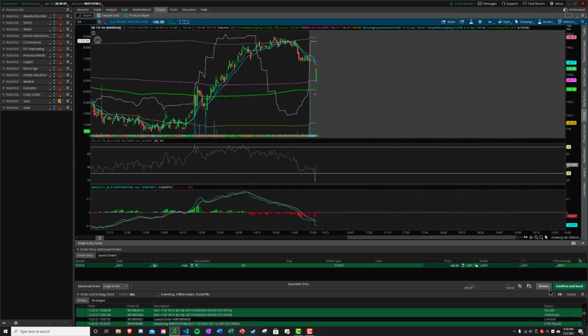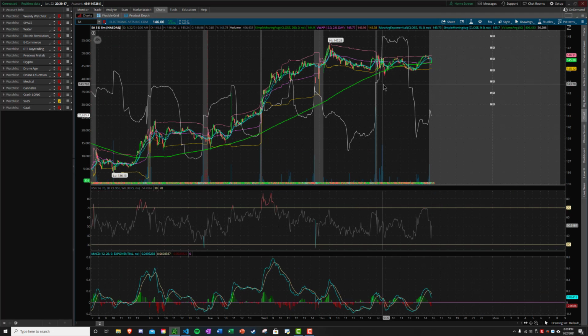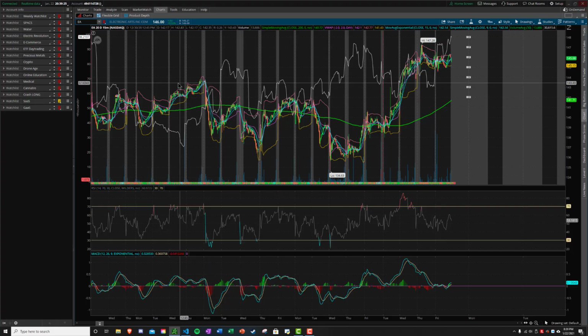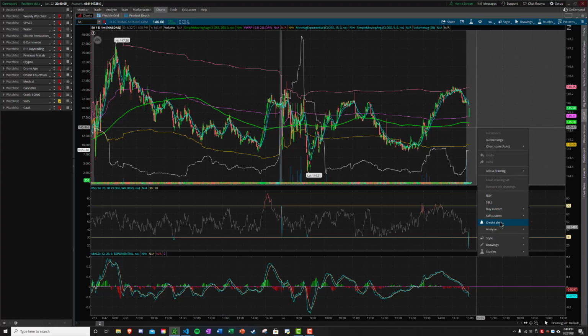So, that being said, I'll leave you guys with one last thing. While you're charting these stocks, it's valuable to always keep them in your watch list and keep up with them so that you can time when they're on sale. When you can time whenever a stock is undervalued. And a good way to keep up with stocks without having to constantly stare at the screen is to set alerts. And to do that, you just right click, create alert,